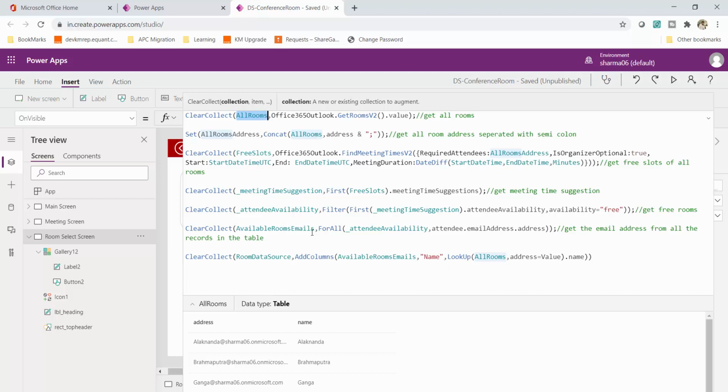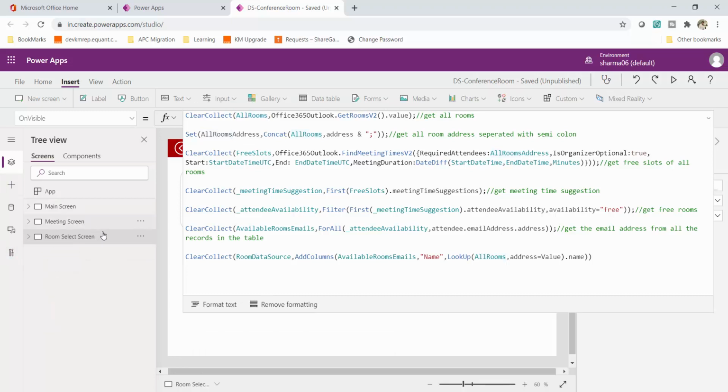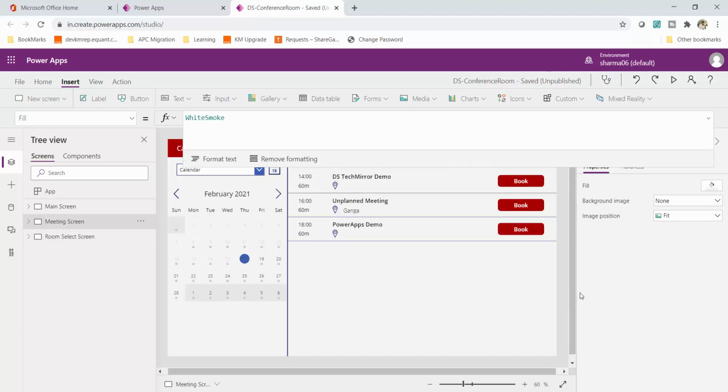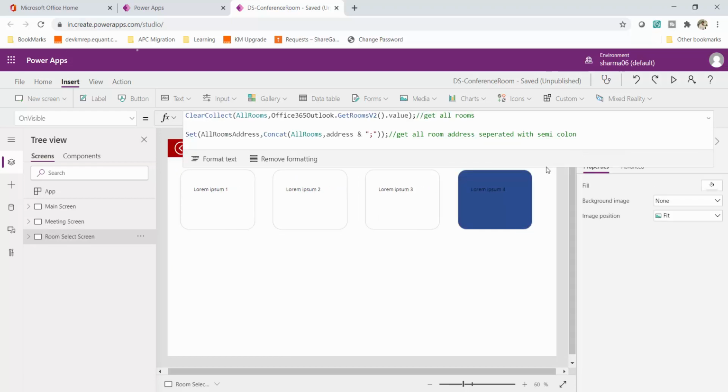Now what is the value? Value is over here. You can see this value. This is the value column. So address is equal to value, and then after that I am getting the name column, and finally I am creating this one. So just let me load it one last time, and then I will explain the entire logic, and then we will proceed further so that it will load each and everything.